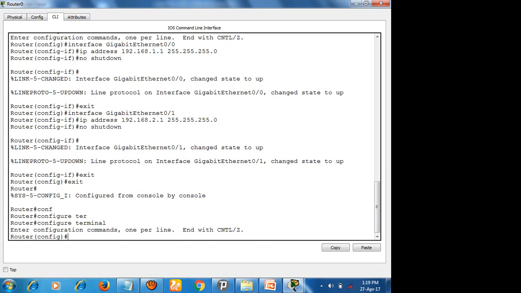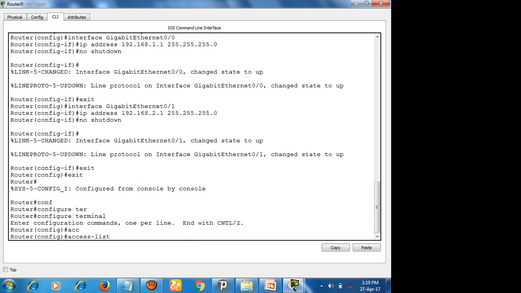So what I am doing is creating an access list. Go to access list and give a number. The number specifies whether the access list belongs to a standard ACL or an extended ACL. If it is 1 to 99, it's called a standard ACL, and 100 to 199 belongs to extended ACL. So I'm giving 1, which belongs to standard ACL. As I told you, the standard ACL is for permitting or denying IP packets, not the services.